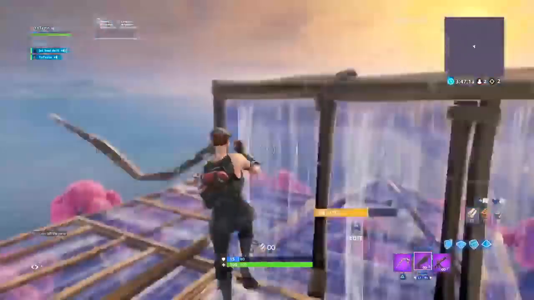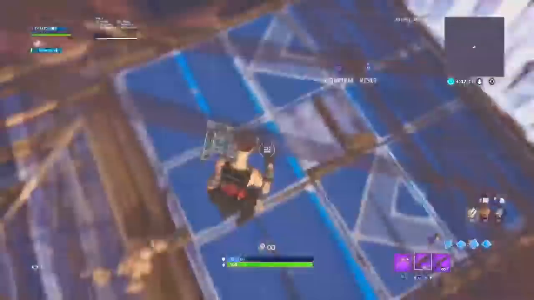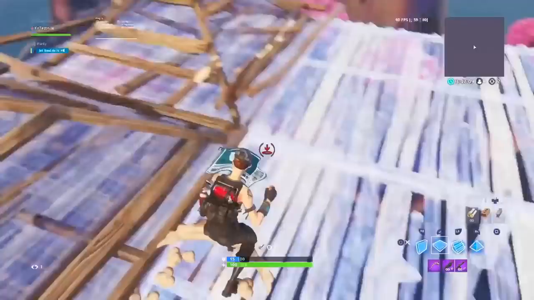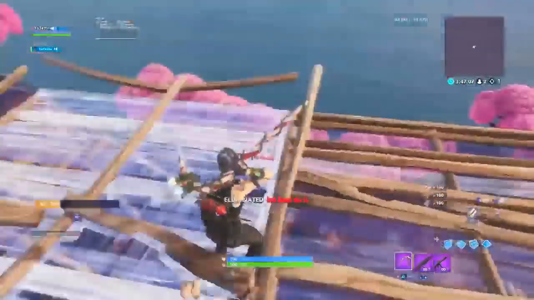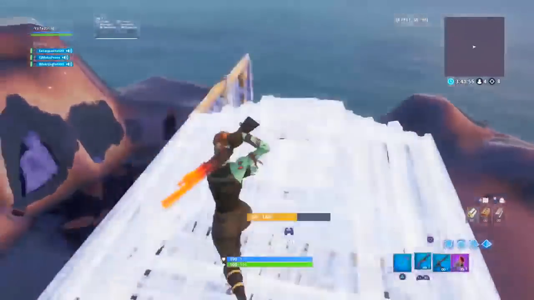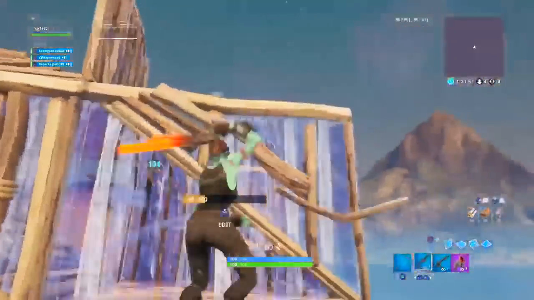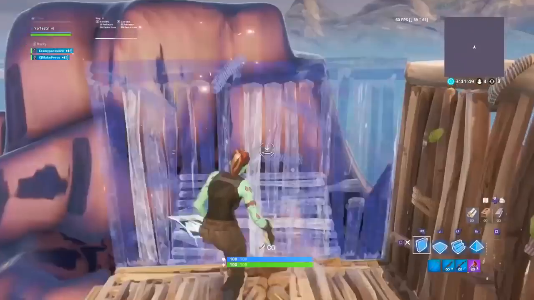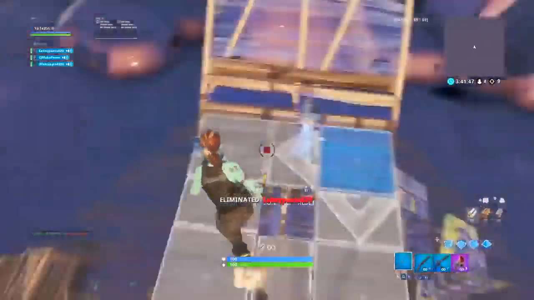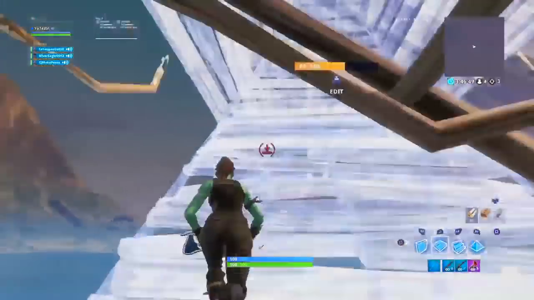However, raising your brightness by however you like really does help you a little bit in dark areas or areas that are shaded. So like in the corner of a room in a house, or down at Dusty Divot where there's a lot of trees shaded over the ground. And obviously if someone's using like a dark outfit, like maybe like the Black Knight or something along those lines, and they're hiding in like a shadowed area or a shaded area, although you can definitely see them, just raising your brightness helps it just a little bit,